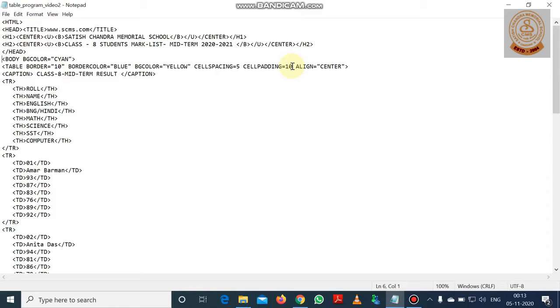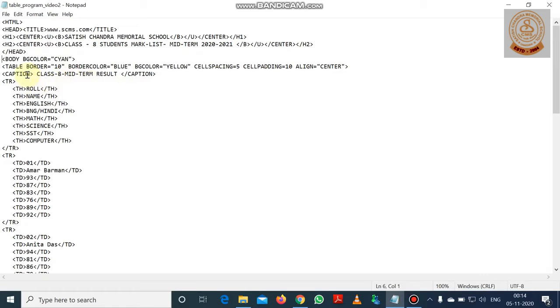That means within a cell, suppose a word is there, now from both sides of the cell to the word, there is a distance that will be 10. And align equal to center means align is an attribute that defines at which position of the web page the table will be placed. So that is center, that means the table will be placed at the center.